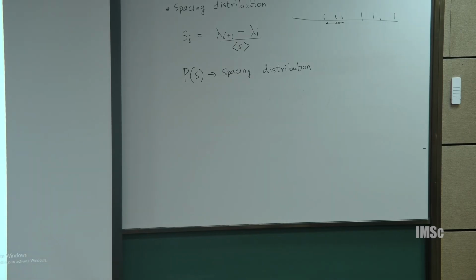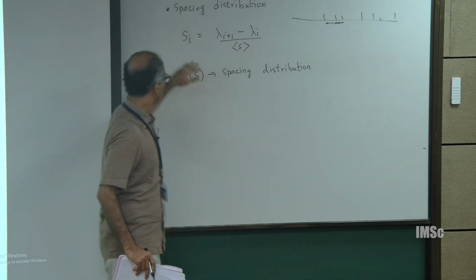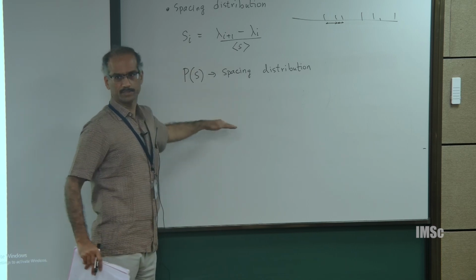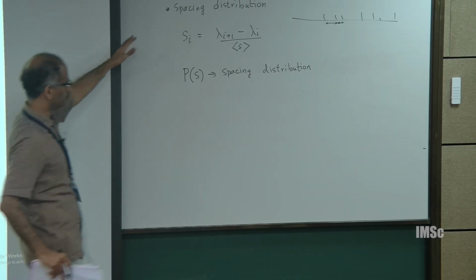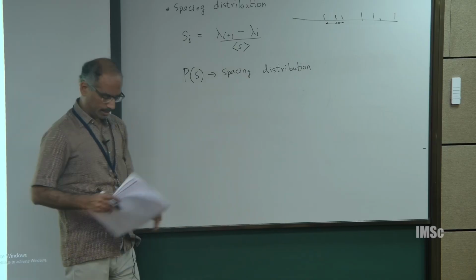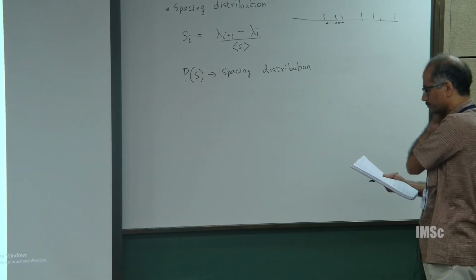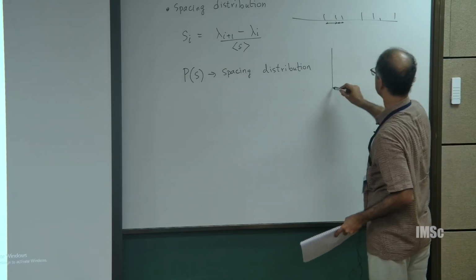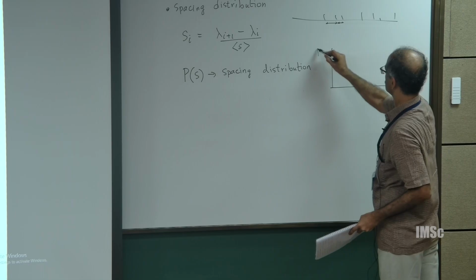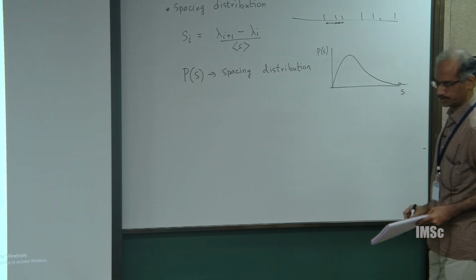Now, I just erased those three expressions here for the probabilities. You can start from there and calculate the spacing distribution for the GOE case. Now you understand what GOE is. You can continue the calculation from the point where I wrote down those three probabilities, and then complete the spacing distribution. Before I even attempt that, let me just tell you what the result is. This is the spacing distribution. It will look like this,